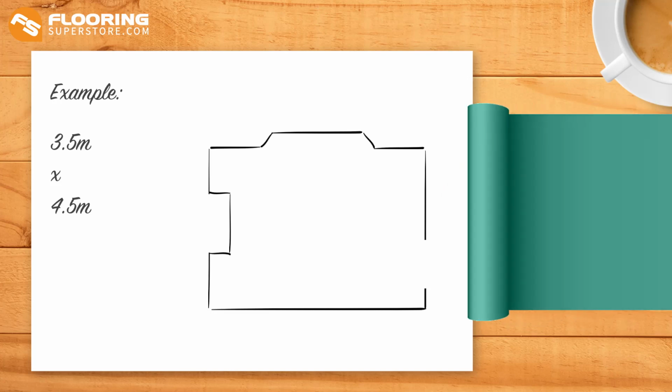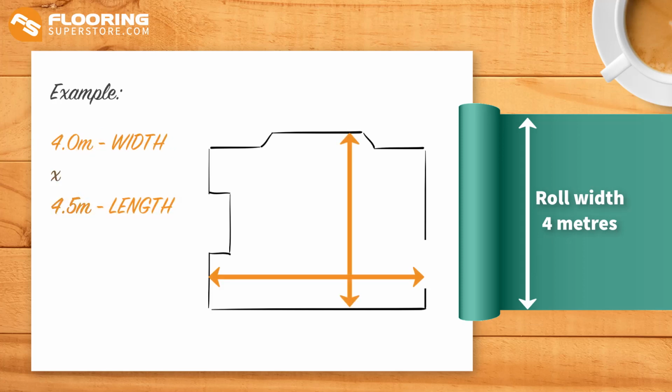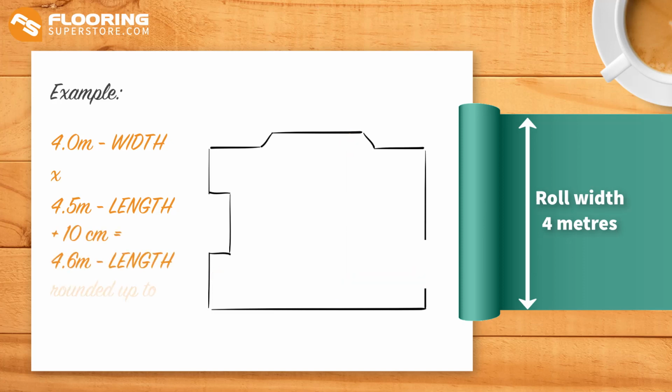Because one of them is less than our 4 meter roll width, we'll mark this as our room's width and round it up to the size of our roll width. The longer measurement will therefore be our length. You should always add 10 centimeters to the length and then round up to the nearest quarter meter to account